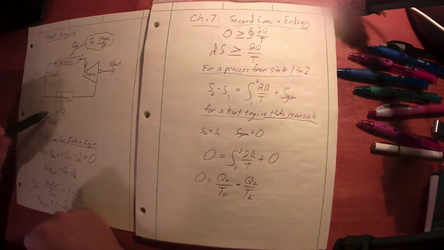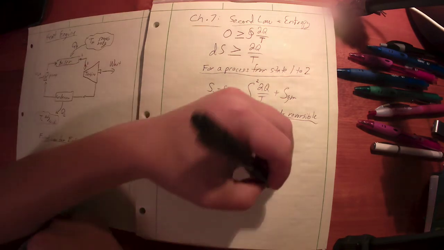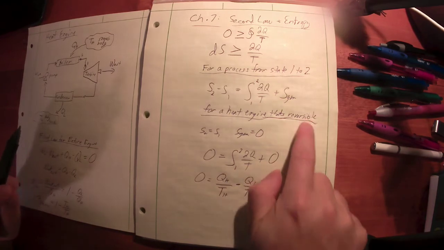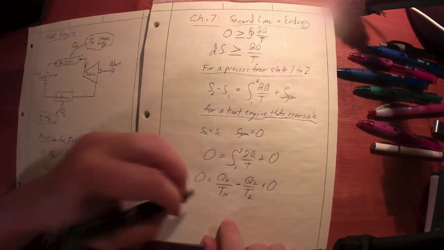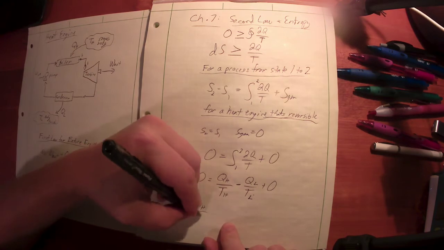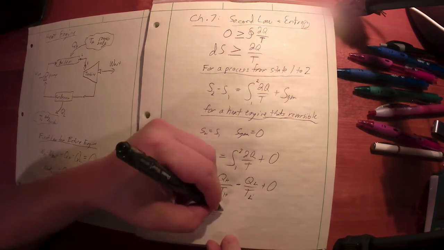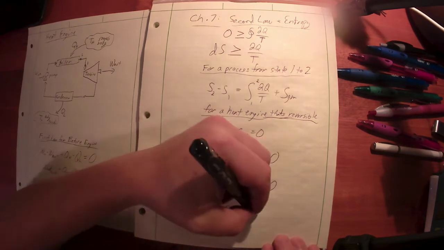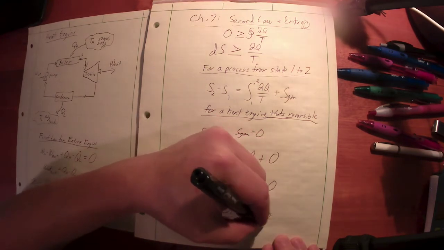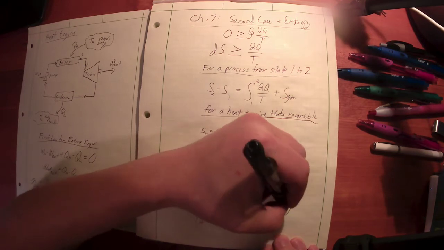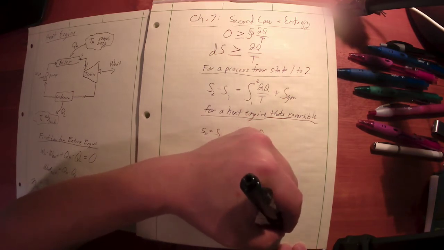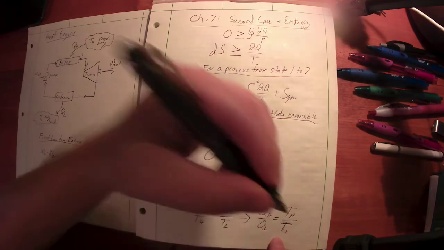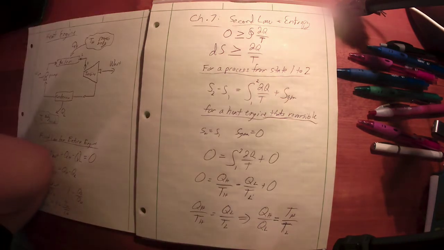So here I'm losing heat at TL. And then to satisfy the second law, I've got to add the entropy generated. Well, if it's reversible, that's 0. So therefore, QH over TH is equal to QL over TL, or QH over QL is equal to TH over TL. Now that's if we assume the second law is true. If we assume the second law is true and it works the way we think it does,